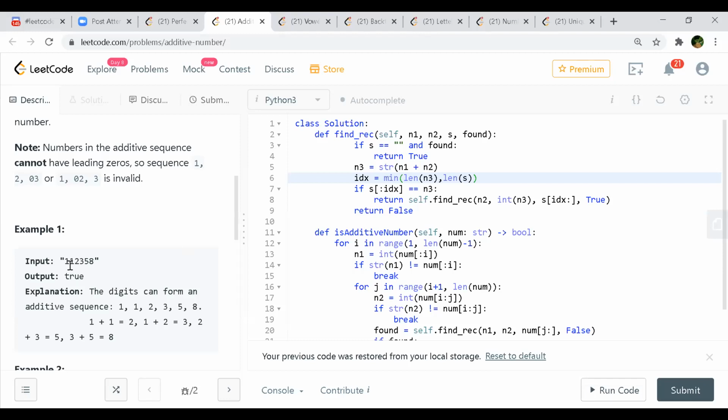Like 1 plus 1 you choose, then you get 2 right here. So you are not covering the entire string in that case. No, you'll have to cover the entire string. Then you move this pointer, make this one and this two, and then check for three, and so on. Yeah, that way. So I think for every n square we are doing n. So n cube it should be. Yeah, makes sense.